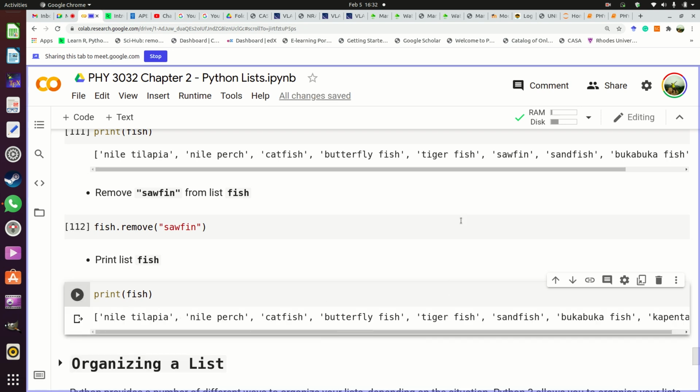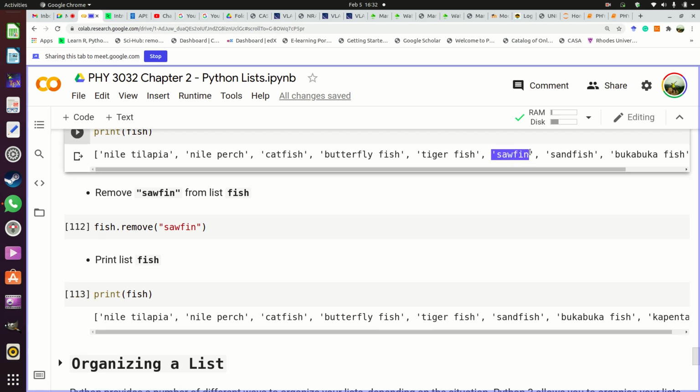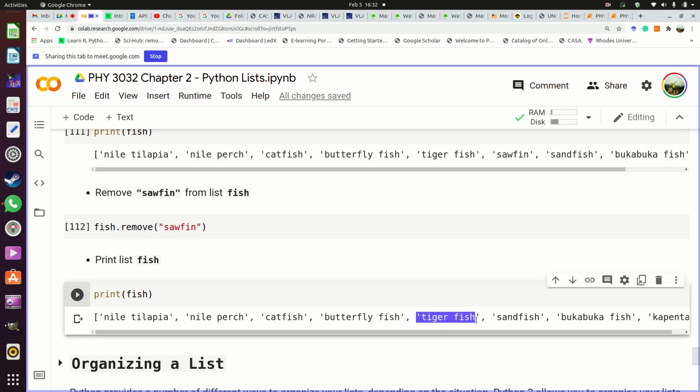It's no longer there. The sawfish in this list was after tigerfish. Tigerfish is here. It's gone. You see that? Yes. So basically these are the three ways in which you can remove items from a